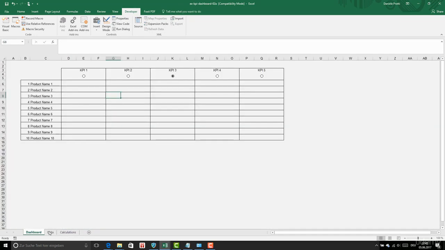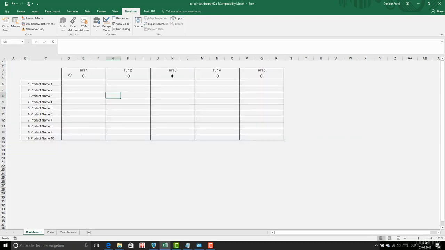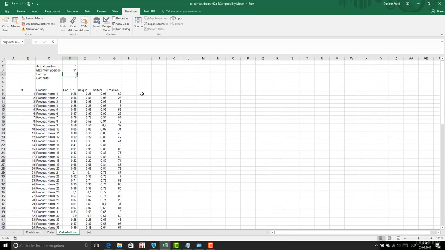Okay, if I click on this it becomes 3. Okay, we already have this. So we have our radio buttons for each KPI. Before continuing, I need to go to calculations and do the following here. This is an offset of